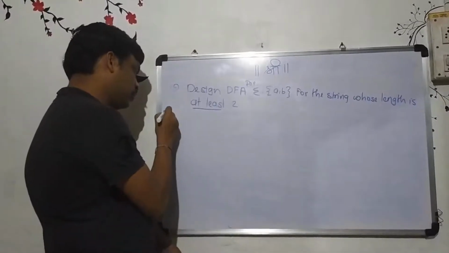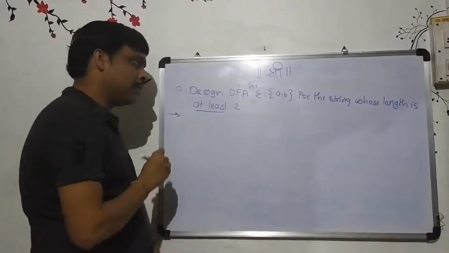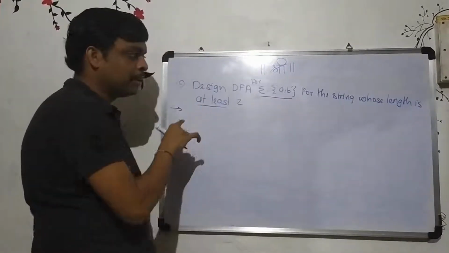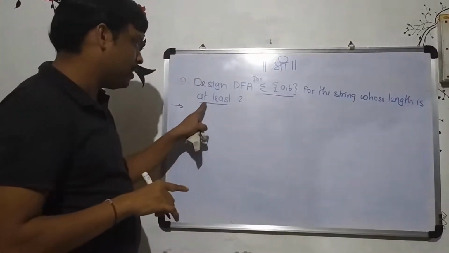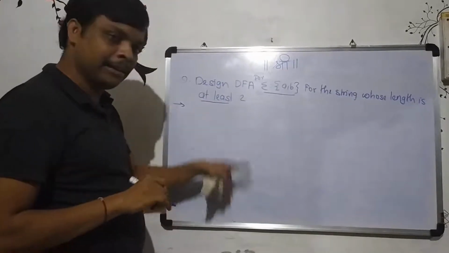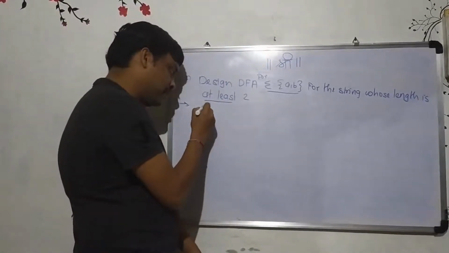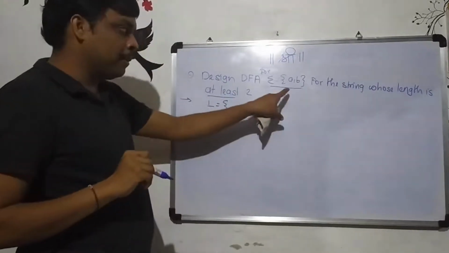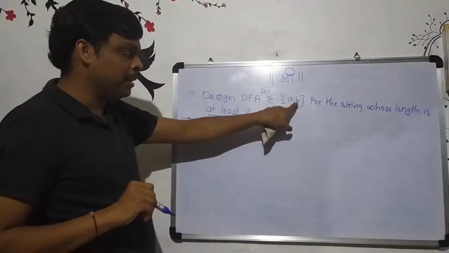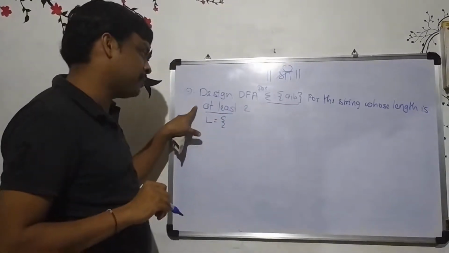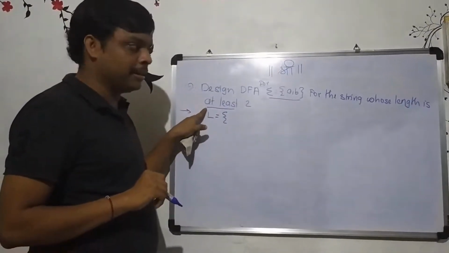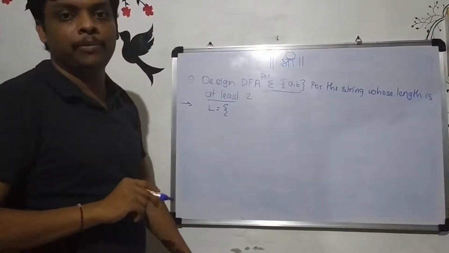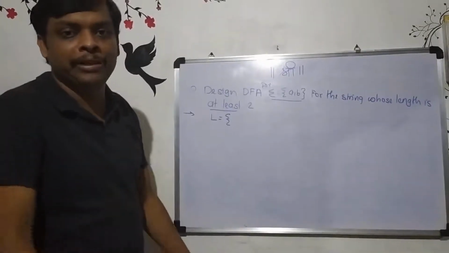After getting this type of question, we have input alphabet sigma, and they have given a condition for the language, that is, strings whose length is at least 2. From this given information, we have to identify the language. Input alphabet sigma contains 2 symbols A, B, and we have to define a language that will satisfy this condition. String length must be at least 2. Minimum 2 means maximum it can be anything.